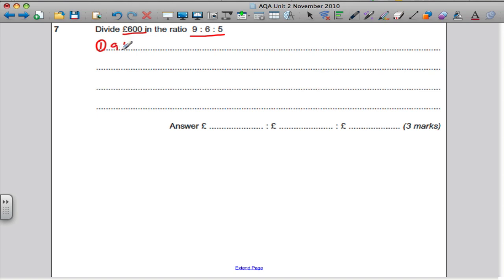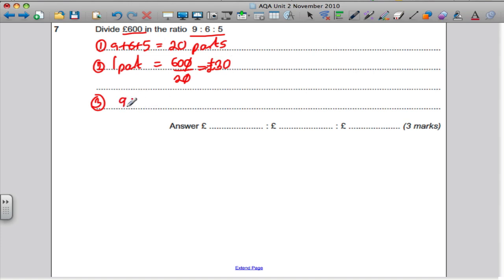9, add 6, add 5, and that is 20 parts. So in total there are 20 parts. Let's work out the value of one part. One part must be 600 divided by 20, which you can say is equal to £30. And now, to work out how many each has, you multiply their number of parts by how much one part